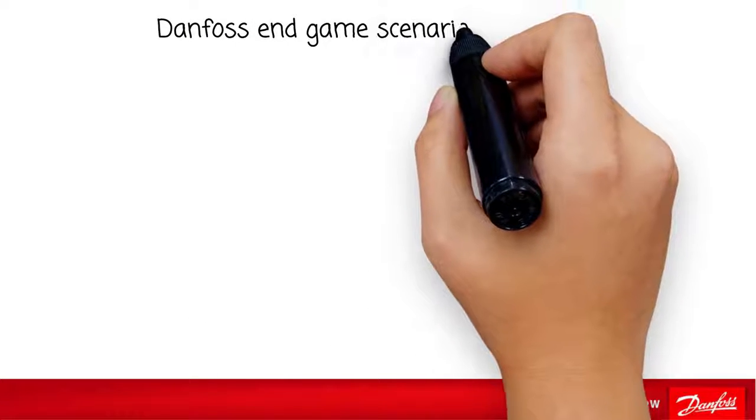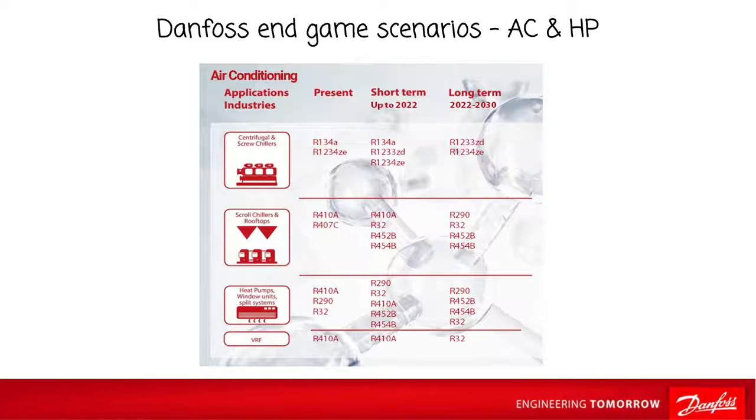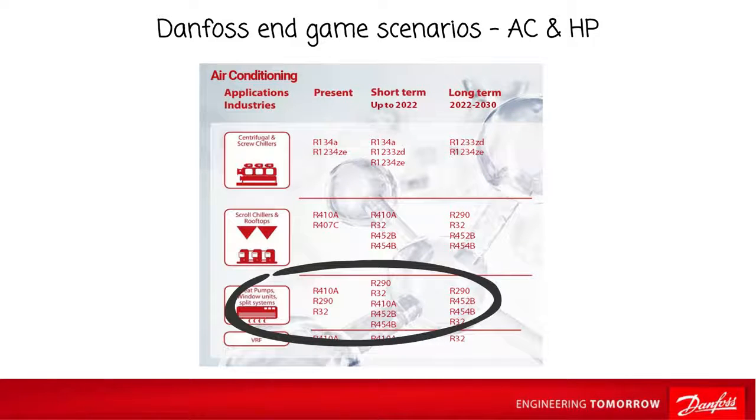This visual represents our best guess on what is going to happen in the near future with refrigerants in the air conditioning and heat pump sector. Window units, split systems, and VRF systems will gradually shift away from using R410A and toward propane, especially for the smallest charge. A2L refrigerants are expected to be used for higher capacities, but still need some safety endorsement from various